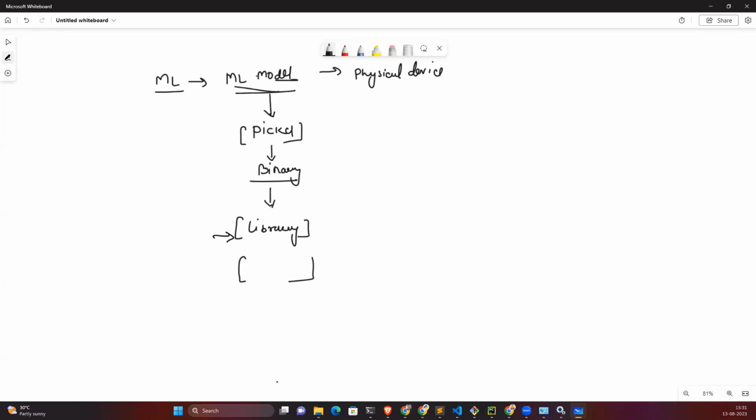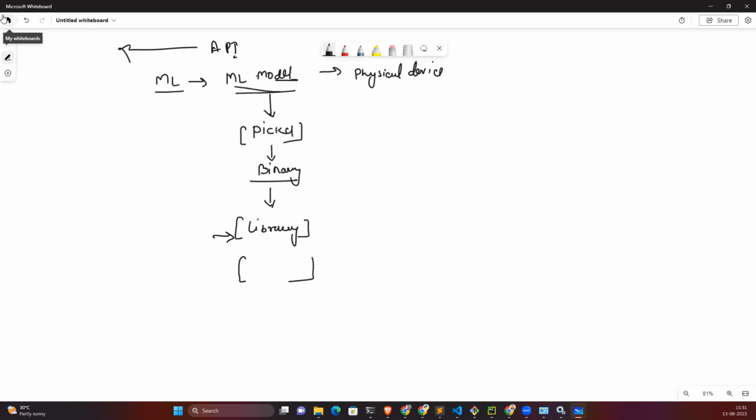So in order to do these things, we create an API for all of this, and that API can be called from anywhere, like any client can call it. Either you can call it from your website or from Postman. I'll talk about Postman, it will come at that point. But as of now, just try to understand.